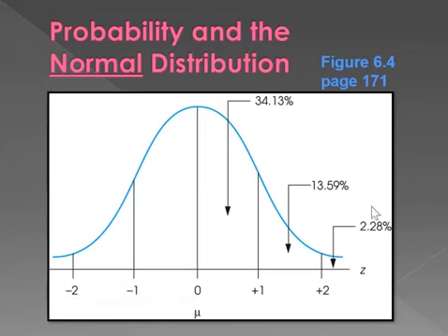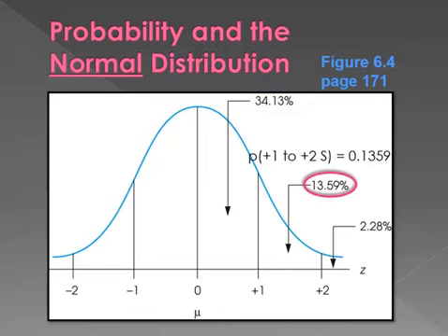Now here, we're talking about these as percents, right? But we could just as easily, and probably should, describe them as proportions, right? So remember, it's very easy to convert percents into proportions. You just simply move the decimal point 2 places to the left. So the probability of any value falling between 0 and 1 standard deviation would be a probability of